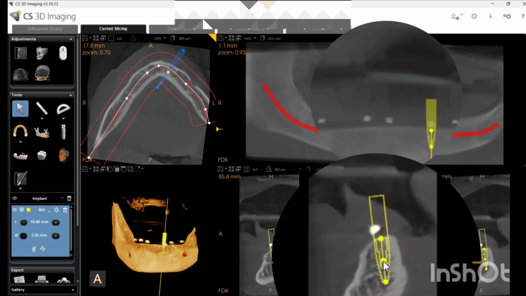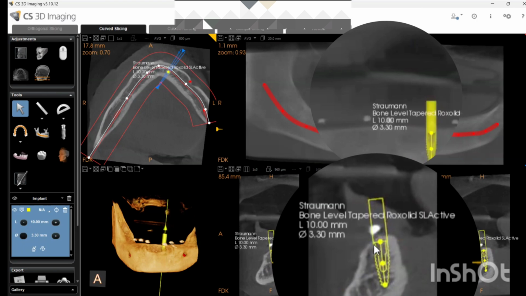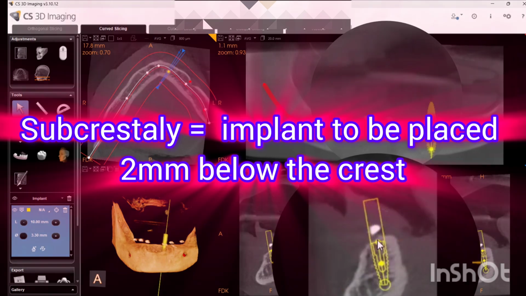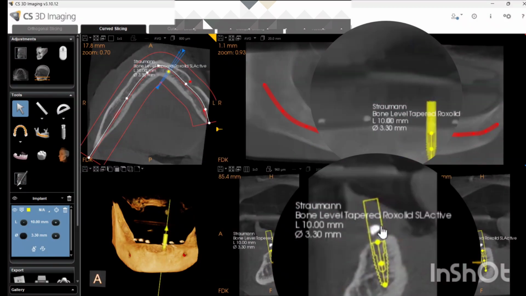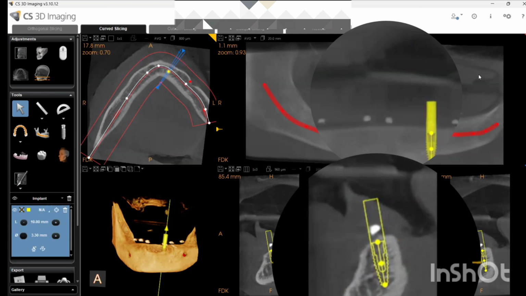Slightly place the implant subcrestally. Give slight angulation as per the marker, and here my implant is there. If I want, I can hide the measurement or the name right now so that I can see the remaining sections. I will just hide it here.